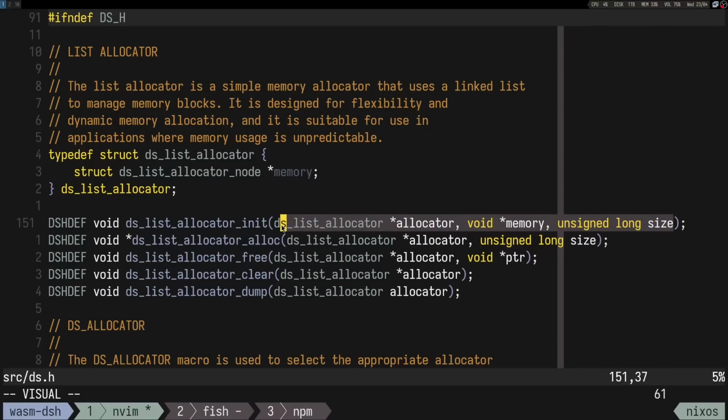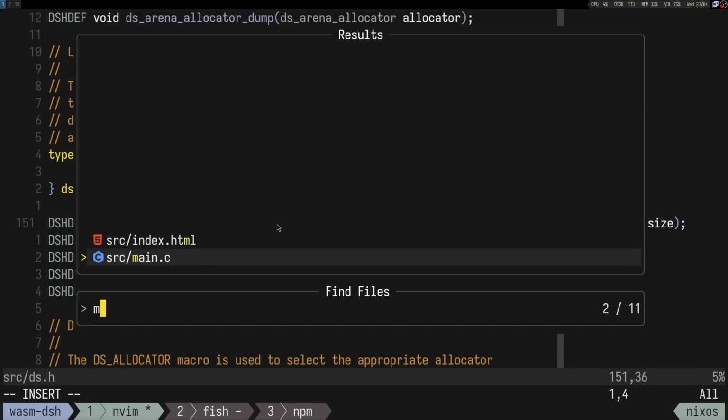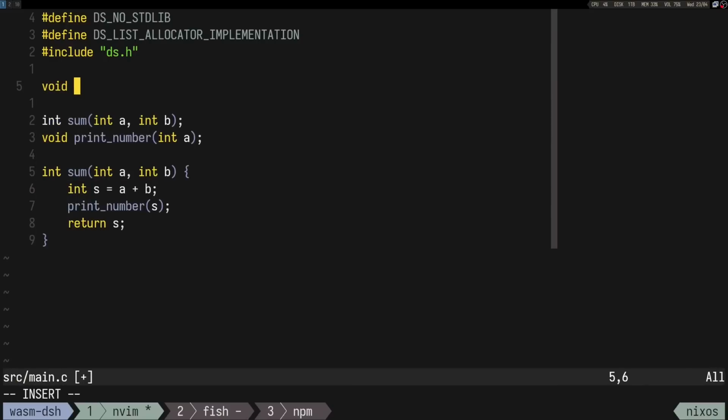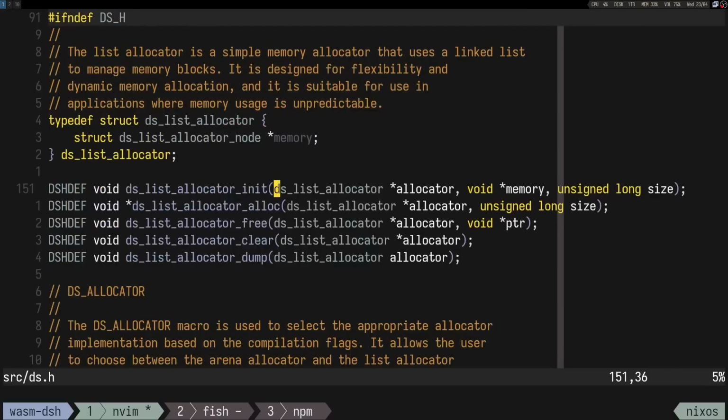Okay, makes sense. So what I'm thinking is we'll have a main function, or at least we'll call it like main function. Let's call it entry point or whatever. So void entry point, and this entry point function is going to take in